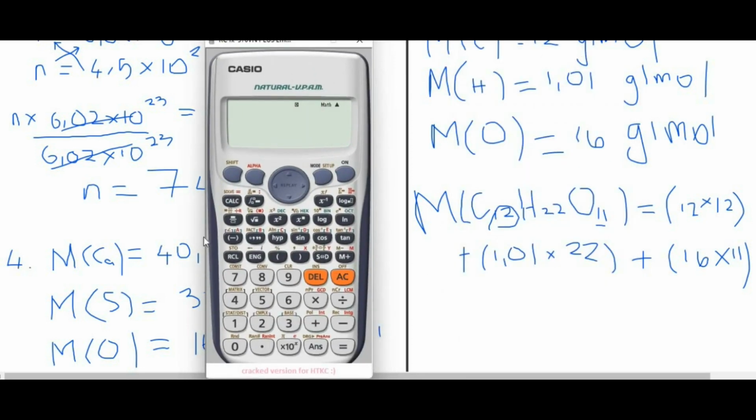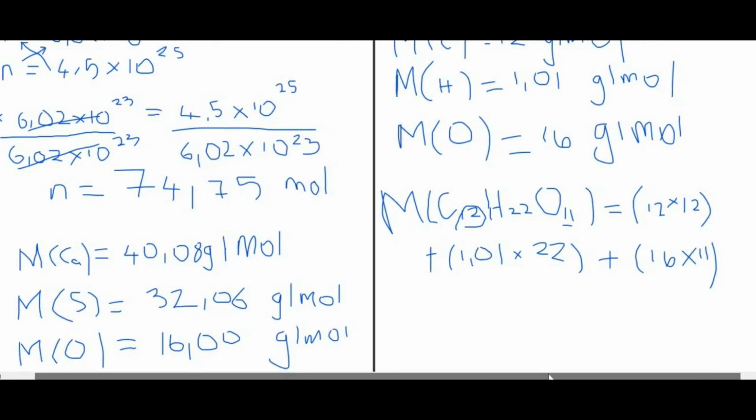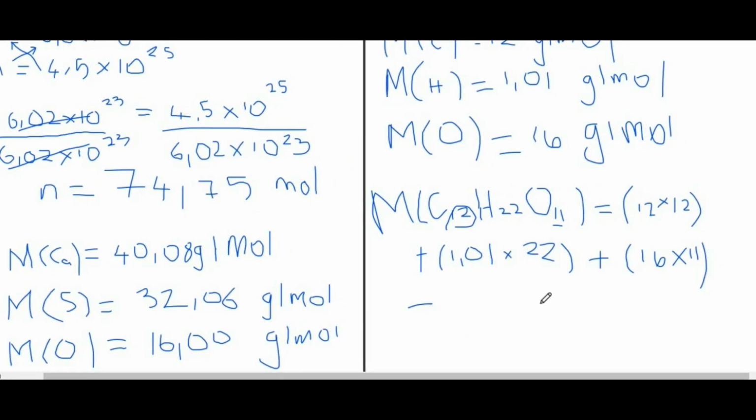So you say, I'm going to open a bracket and say 12 times 12 is 144. Close bracket. Plus, open bracket, 1.01 multiplied by 22. Open another bracket. Plus, you're saying 16 times 11. Then you close the bracket, then you find your answer. Then you say, the molar mass of this whole thing is actually equal to,